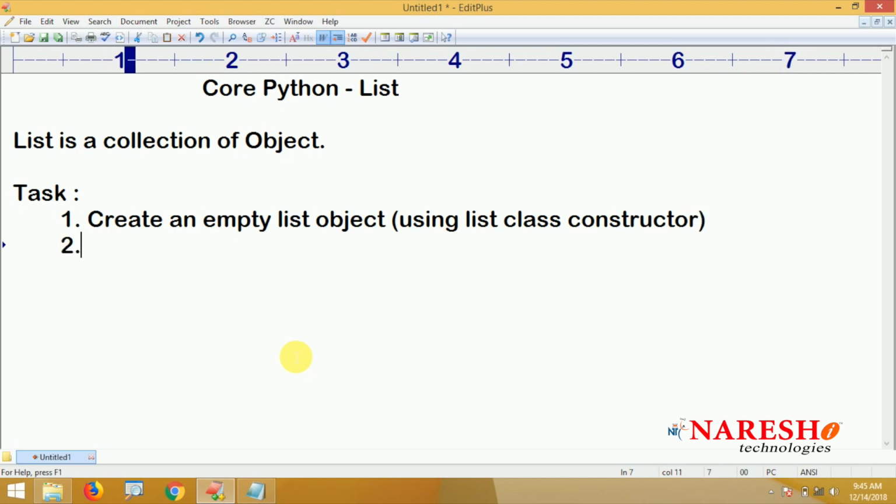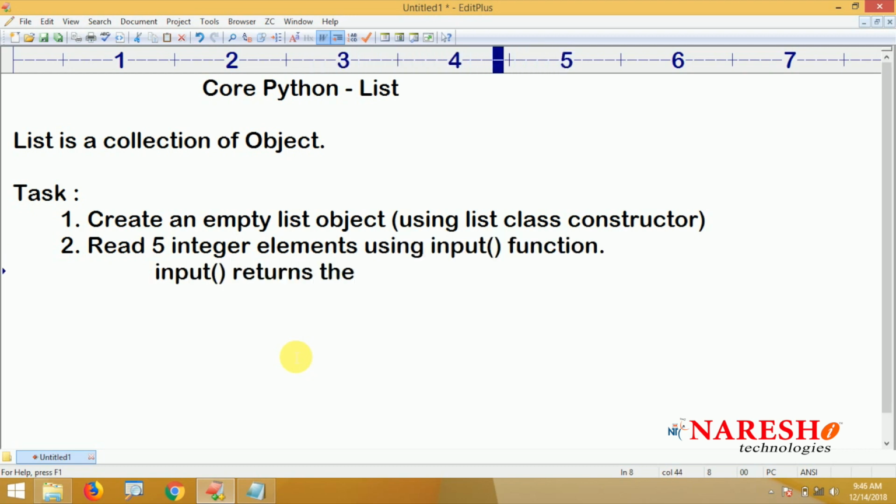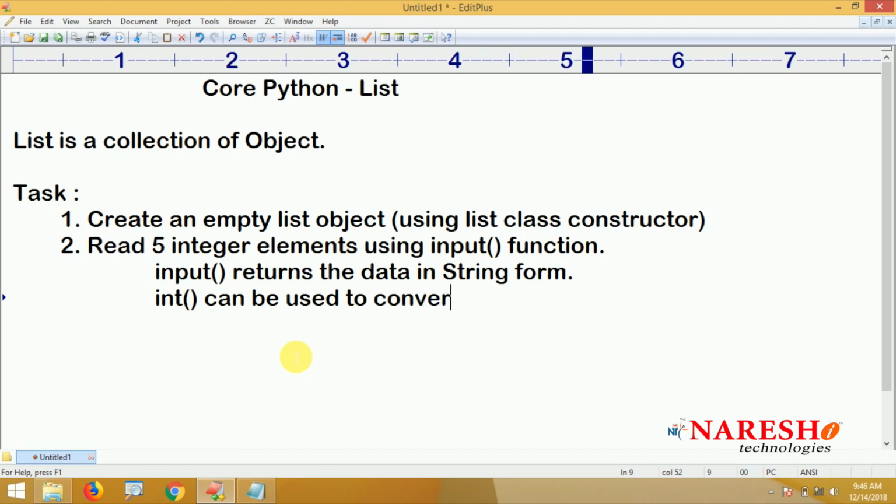And next one, read 5 integer elements using the input function. The input function returns the data in string form, so we need to convert. The integer function can be used to convert string into integer data. So read 5 integer elements using the input function and store all the 5 elements